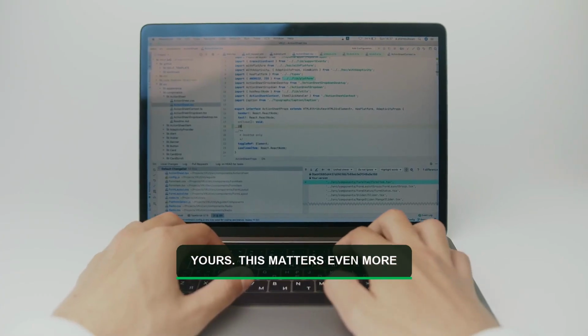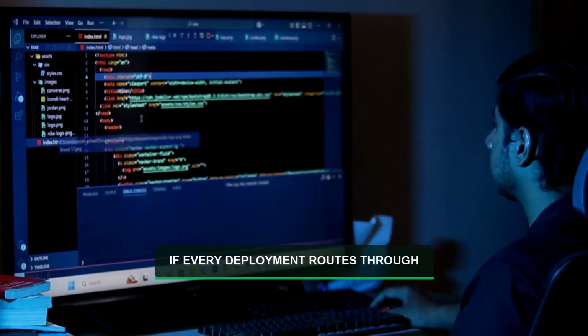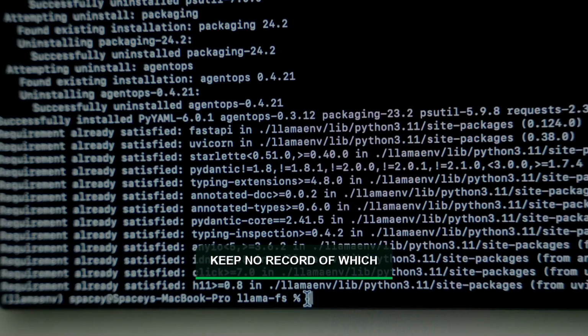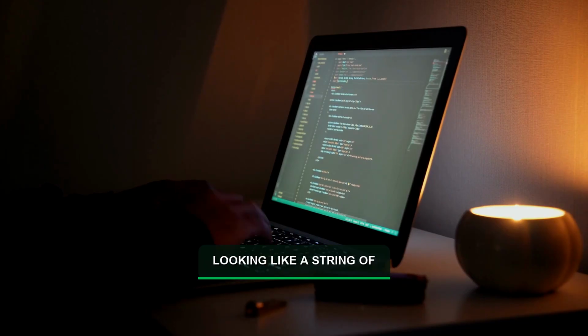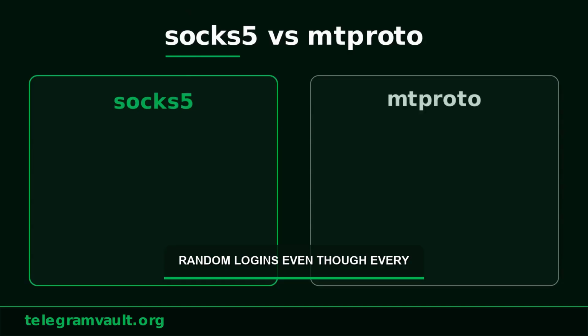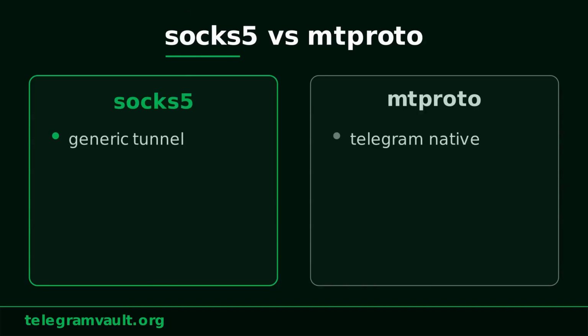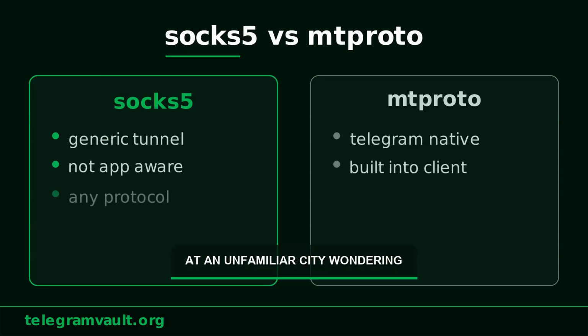This matters even more once you are running more than one bot or user bot at a time. If every deployment routes through its own proxy, and you keep no record of which proxy maps to which account, your own session list starts looking like a string of random logins, even though every single one of them is something you configured on purpose. The fix is boring, and it is the same fix every time. Write it down when you set it up,